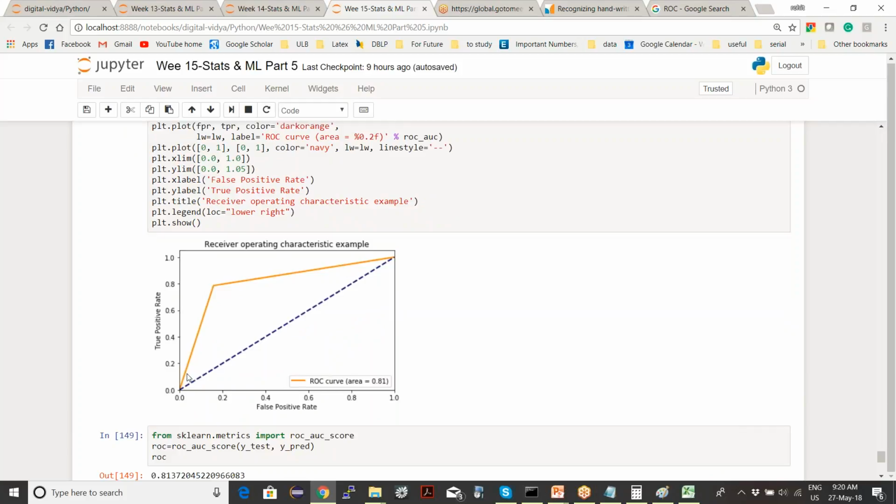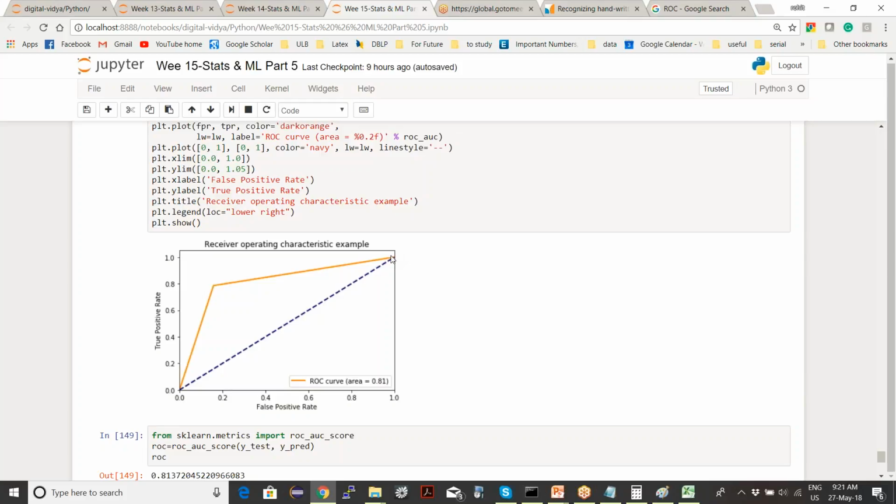Now you find out the area under this curve. The area under the curve means this whole area, not just the triangle. The higher this area, the better your model. The best model would be when your curve is like this, when the orange line is like this and this, then it's 100% covering the area.